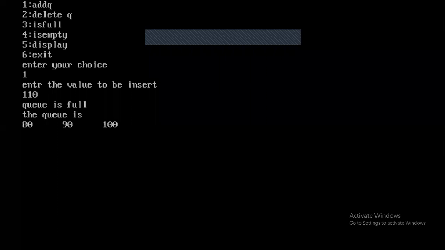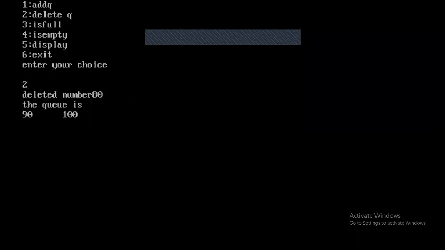So now the queue contains only 3 values, and even though some positions are empty, the system will display queue is full. The problem of linear queue is when rear is greater than or equal to size, the queue is full, even if there are some empty positions. Actually we inserted 10 values. Suppose I want to insert one more value, 11, it is not possible because rear is greater than or equal to size. Then I deleted so many numbers, 7 numbers I deleted. But front is always changing, but the queue is not reset. So in this situation also, the queue is full.